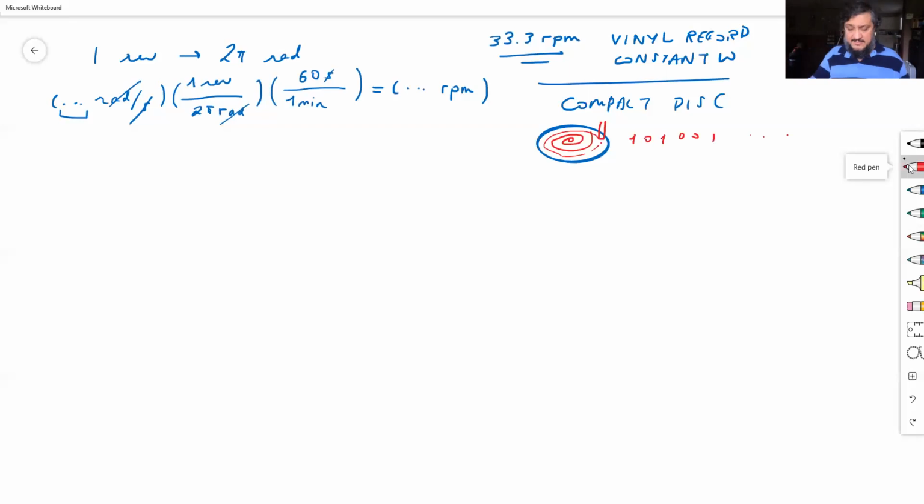Think of it like a tape. Okay, and then along that direction, you read those numbers. So if you want to be able to read your data with a certain constant reading speed, what you need is a constant linear speed, constant linear velocity. Okay, this is not the case with the record player. Okay, you have a turntable,